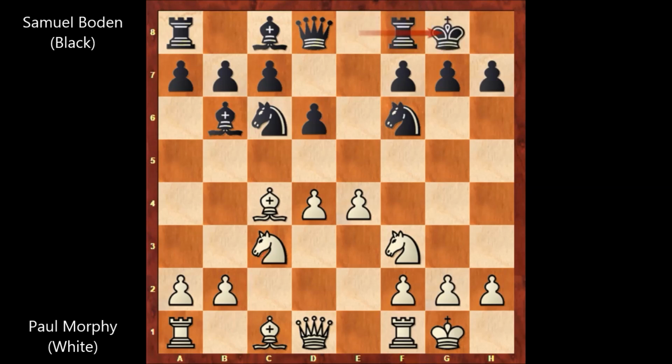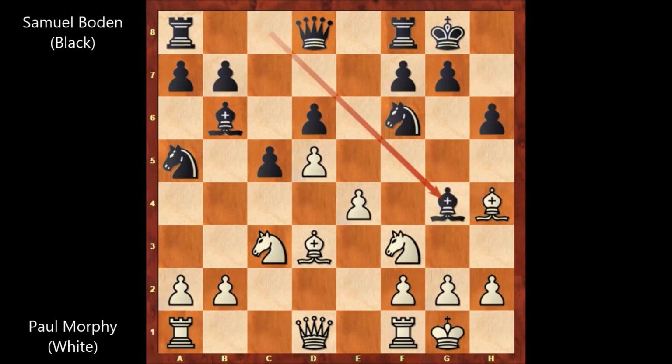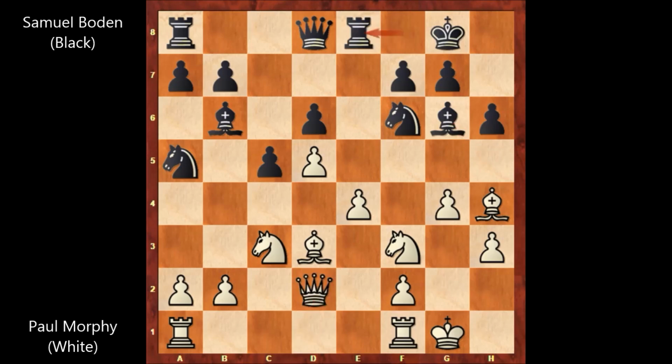And Boden castled, d5, attacking the knight. Knight to a5, bishop to d3, c5, bishop to g5, pinning the knight, h6, bishop to h4, bishop to g4, h3, bishop to h5, and Morphy played g4, bishop to g6, queen to d3, rook to e8, rook from a